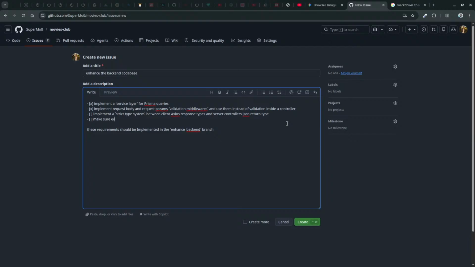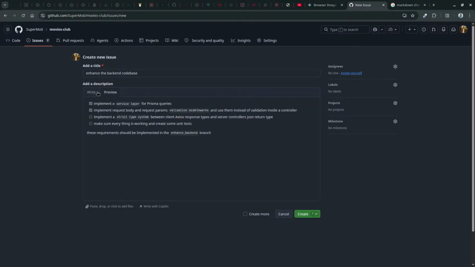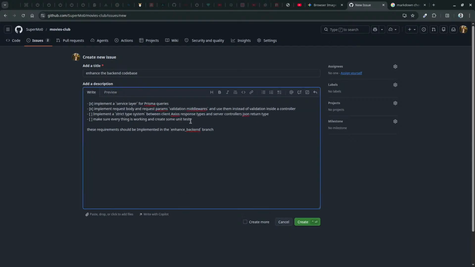Make sure everything is working and create unit tests.